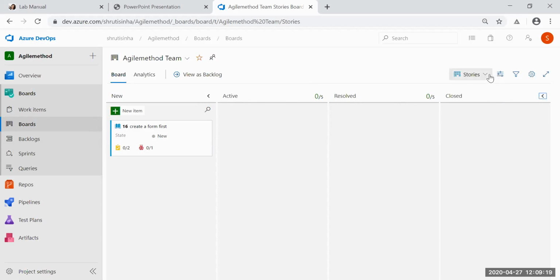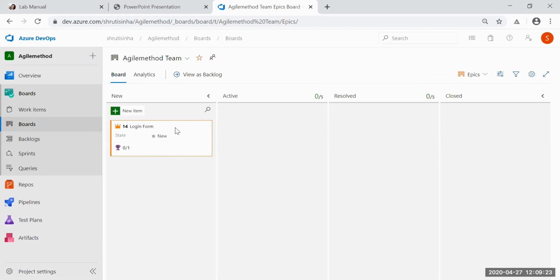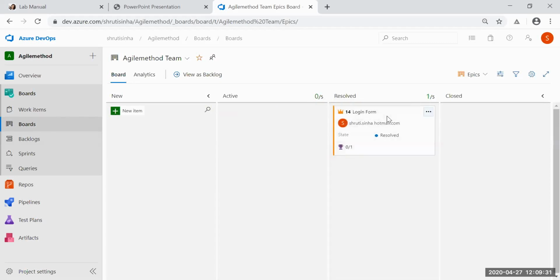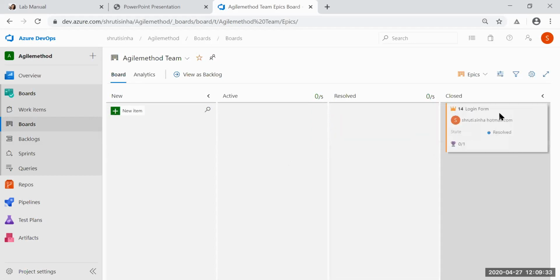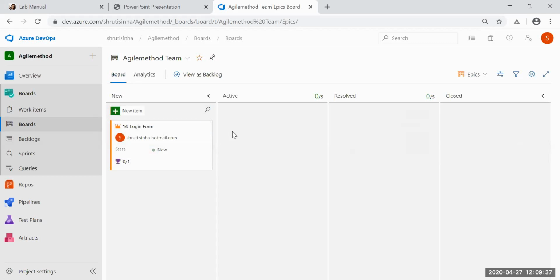Active is like we are working on that. Resolved is like it is fixed. Closed means it's like done. Everything is done, and here it is also closed. I can go back.